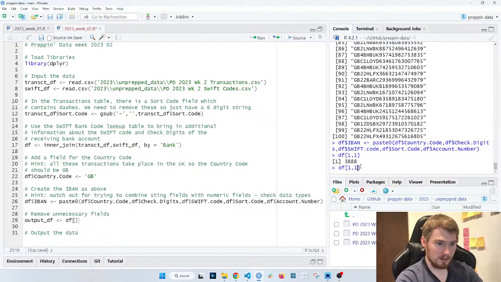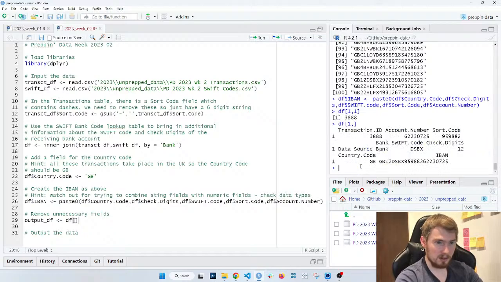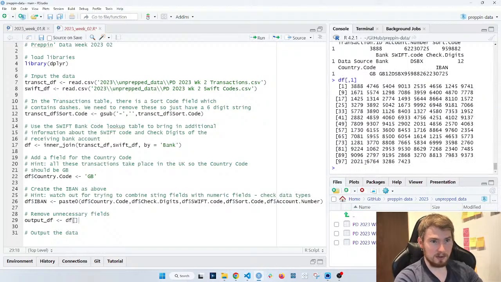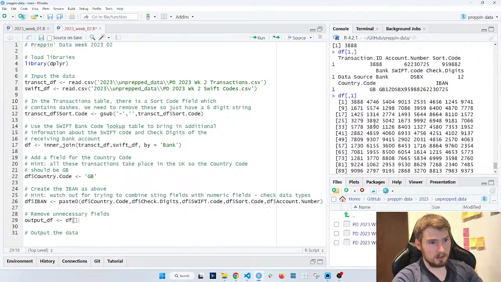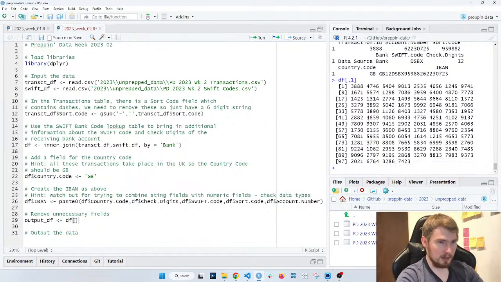If I do just 1 comma, I would get the first row. You can see that 338 from the transaction ID too. If I do just comma 1, I'll get the data from that first column. So that's a way you can find these different things.